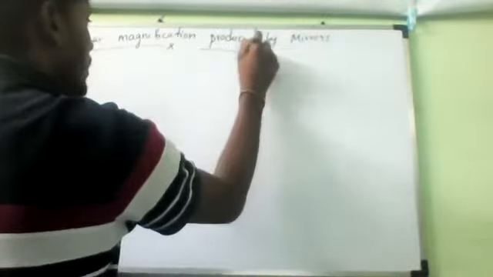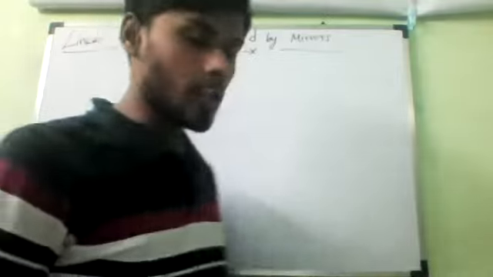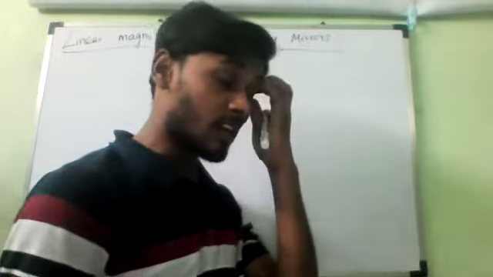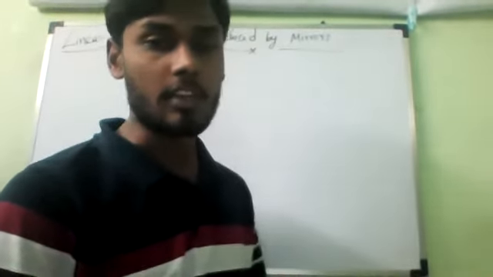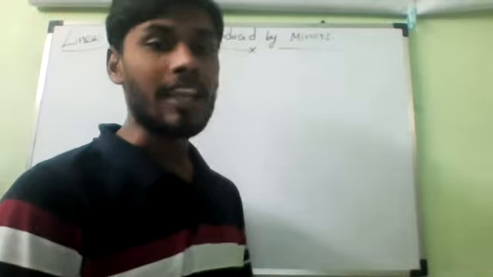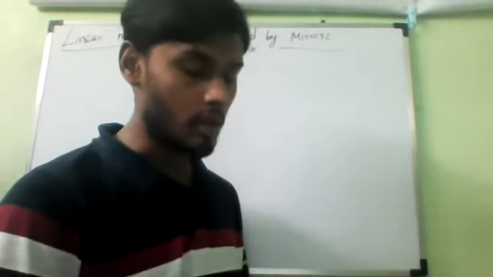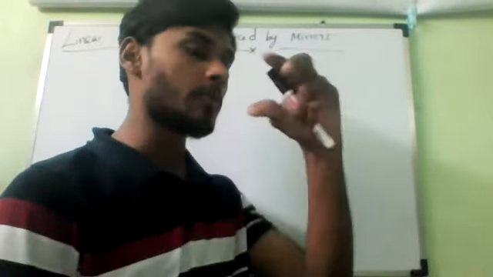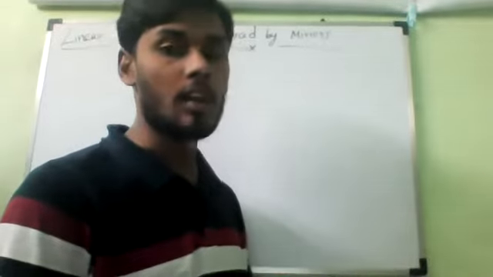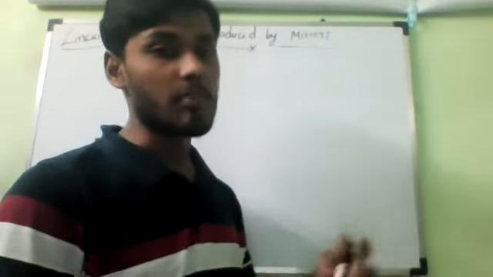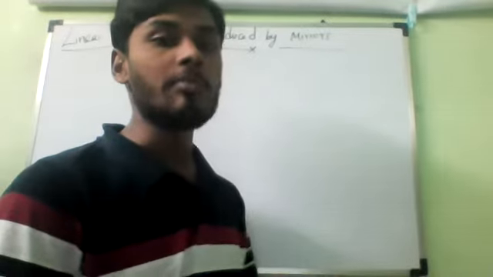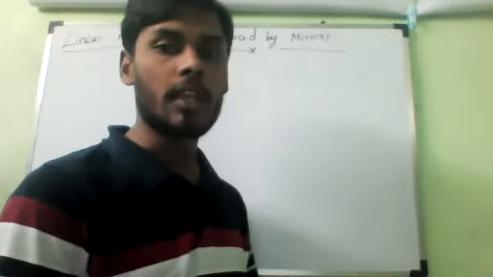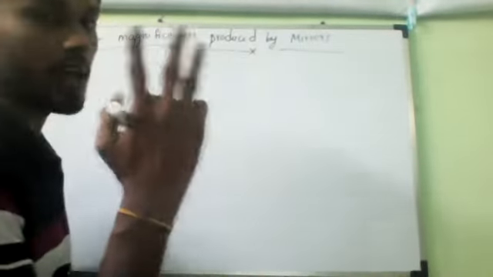So now, all of you listen. We have 2 formulas for magnification, whether the image is bigger or smaller, diminished or highly magnified. The size of the image formed by a spherical mirror depends on the position of the object from the mirror. Depending upon where we place the object in front of the mirror, the size of the image varies. That is why the image formed by a spherical mirror can be bigger than the object, equal to the object, or smaller than the object. We always have 3 cases.